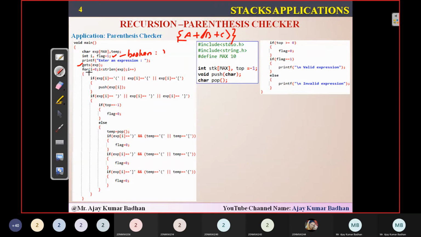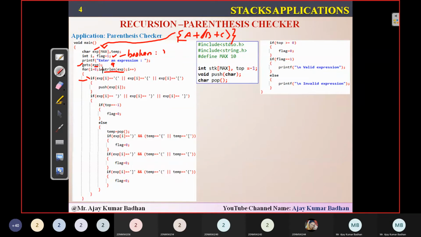Now what I'm doing, I'll be using iteration. Now I have to check the condition. So for I equal to 0, I less than, as I told you, the method I'm going to use from C programming, string length, strlen. So string length, what is the expression? This expression I have stored in this particular array, isn't it? You can see here exp. That is nothing but this one. So that expression I'm giving it here. So whatever the length is there, that will be coming. What is the length we got here? 9. So I less than 9, and then it will enter into it.